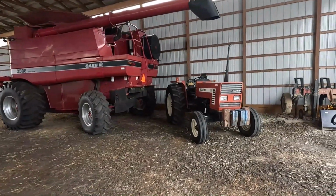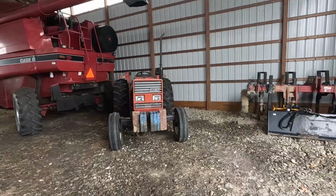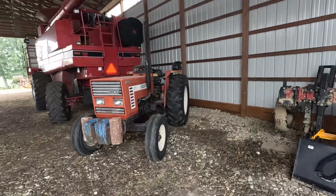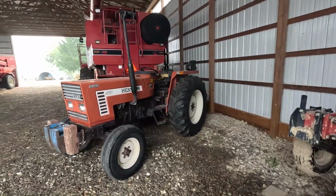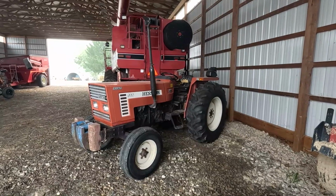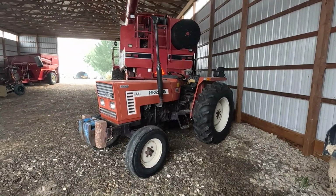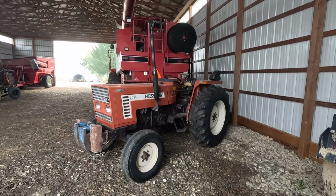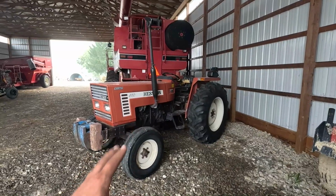Little Heston here, that was purchased in June of 1985. Heston. Purchased, I want to say brand new, yes. And the only thing we've done to this is a couple batteries, a starter. Never had the head gasket